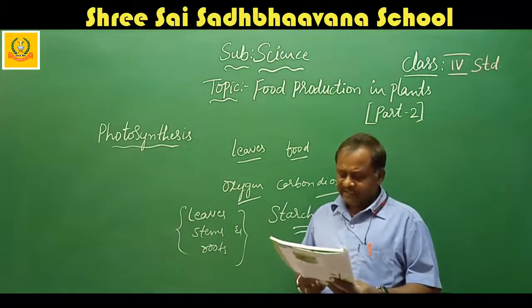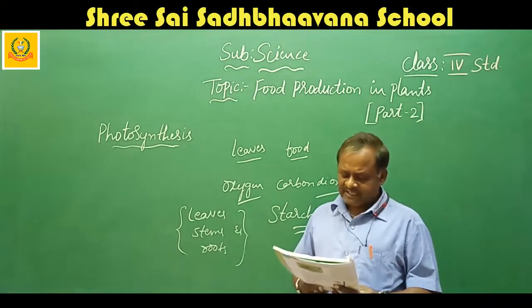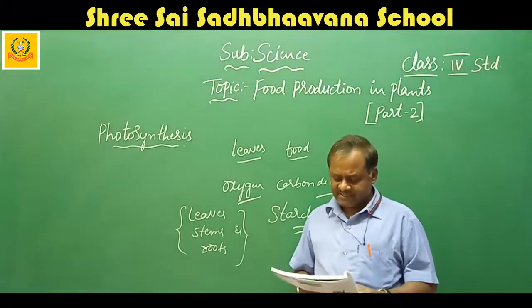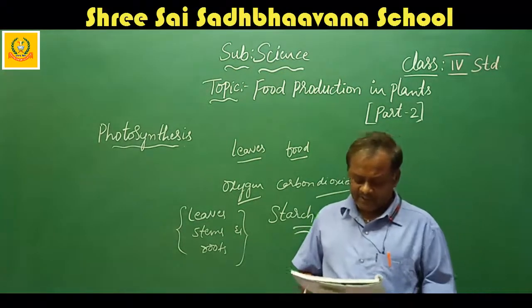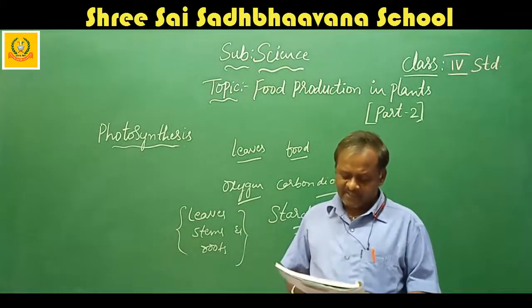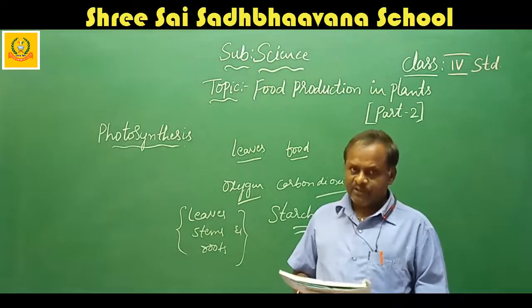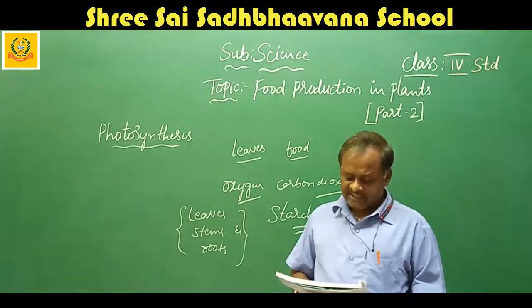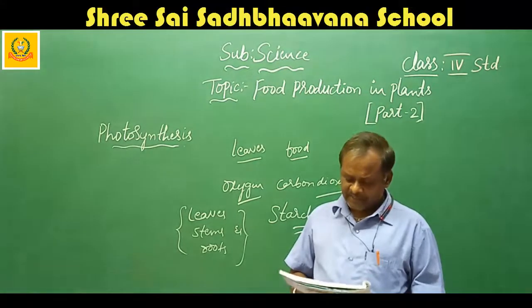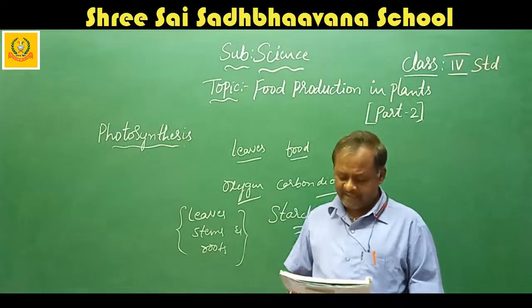Next line, the leaves of some plants like croton appear dark red. This is because of the presence of a red substance that hides the green chlorophyll. So, in the presence of sunlight, these plants are able to prepare their own food. Plants like dodder, that is amarbel, are not able to make their own food. They are dependent on other green plants.